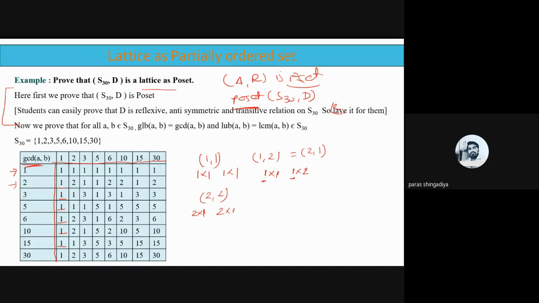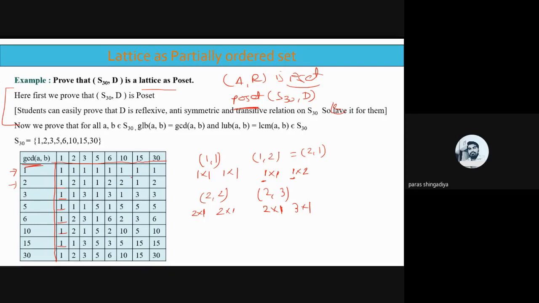Then after 2 with 3, तो 2 comma 3 का GCD क्या होगा? That is 2 cross 1 and 3 cross 1. तो greatest common divisor क्या है? Common divisor is 1 and that is the greatest one. Clear? So the answer is 1. GCD of 2 and 3 is 1. Similarly, GCD of 2 and 5, there is no such common factor. Okay. So 1 is the answer, that is 2 into 1 and 5 into 1. So 1 is the greatest value. So the answer is 1.